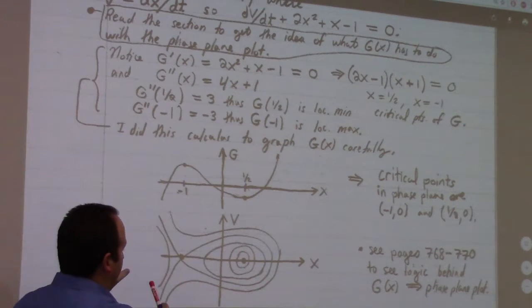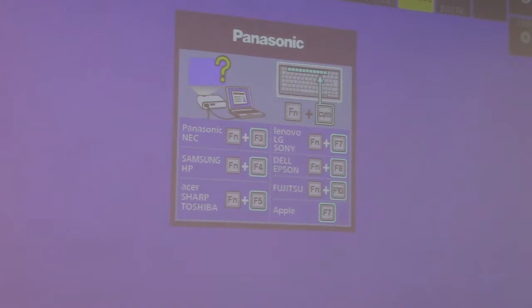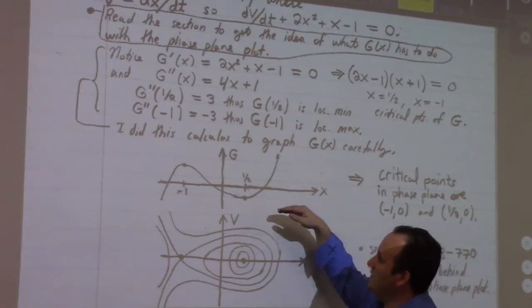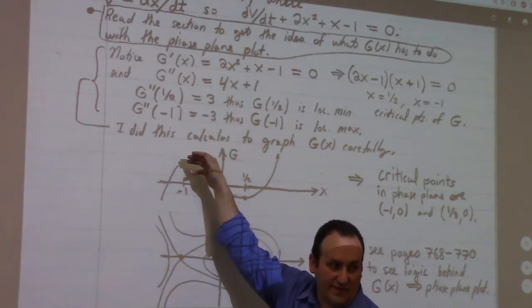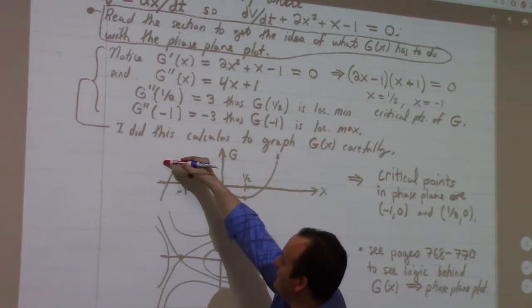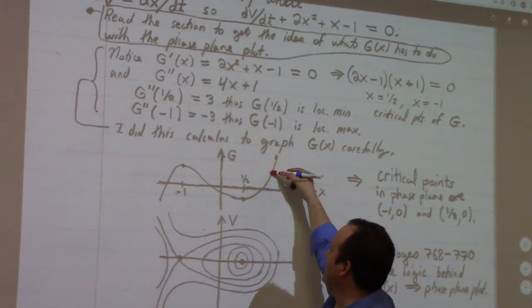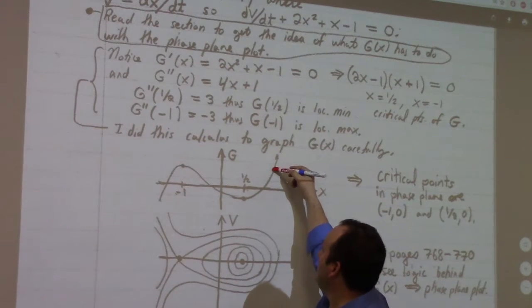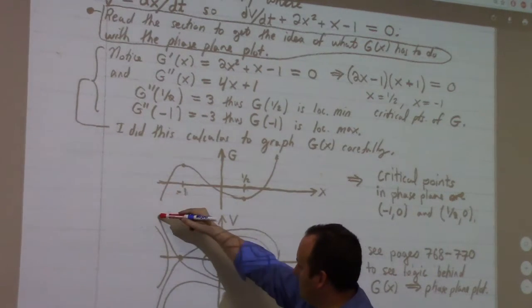And then the way to find these curves down here, you imagine the energy. If you draw an energy level, if this is potential energy, the energy level has to be above the potential energy, right? So you just think about drawing an energy level in here. If I do that, you can't go past this point because that would mean you have negative kinetic energy. So basically this energy level corresponds to this curve down here,